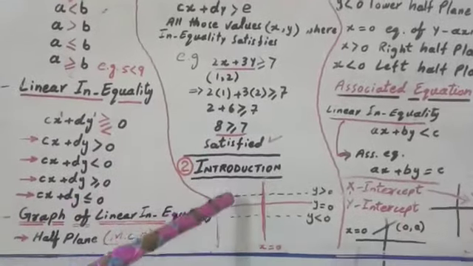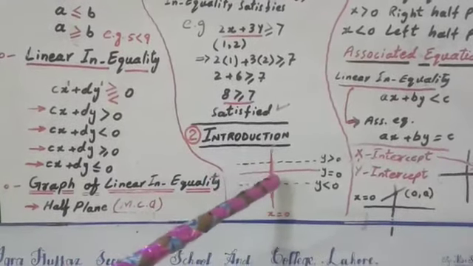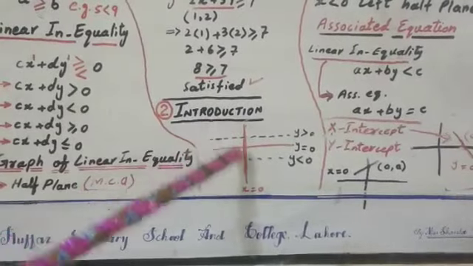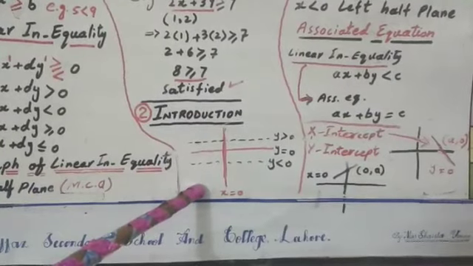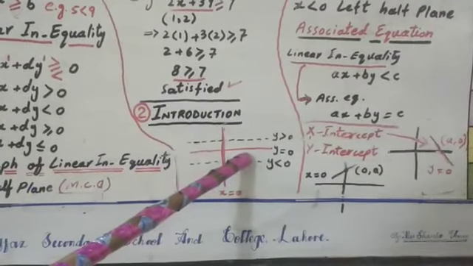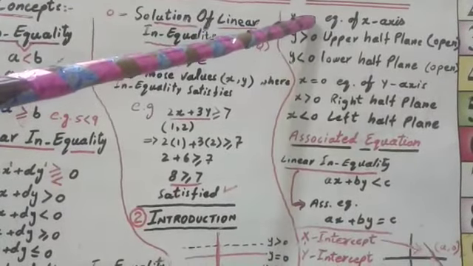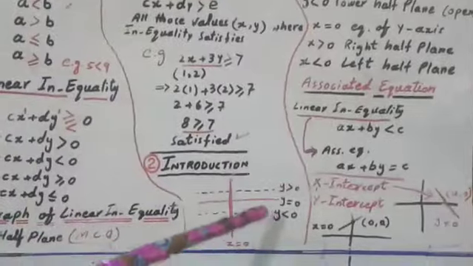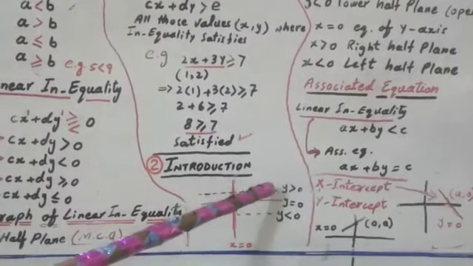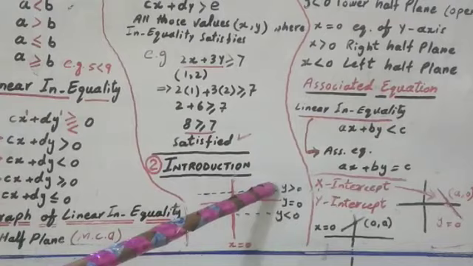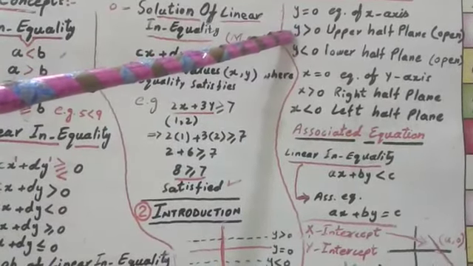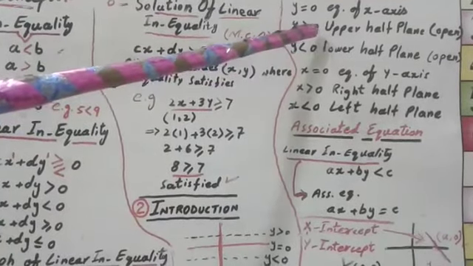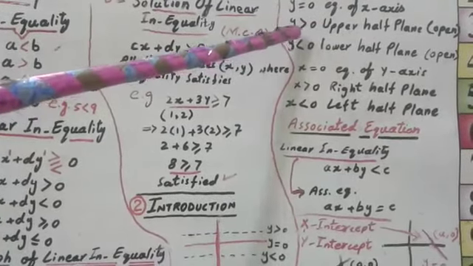Next concept is, you have seen such types of graphs, horizontal line and vertical line, in your physics book. This horizontal line is known as x-axis while this vertical line is known as y-axis. Always remember, the value of y on x-axis is equal to 0. When y is 0, this is known as the equation of x-axis. Above this horizontal line, there is some value of y, so it is written as y is greater than 0. When y is greater than 0, this is called upper half plane or open upper half plane.